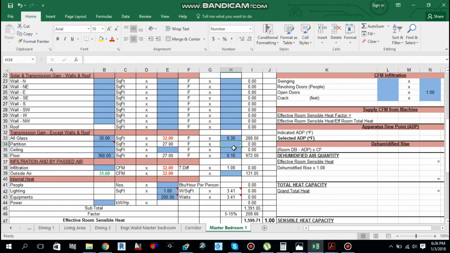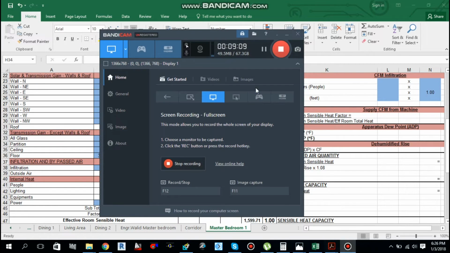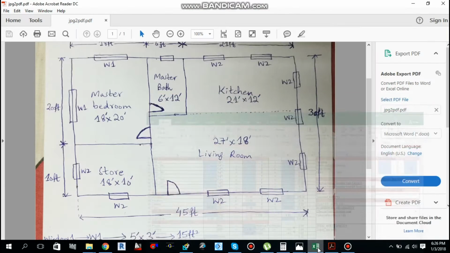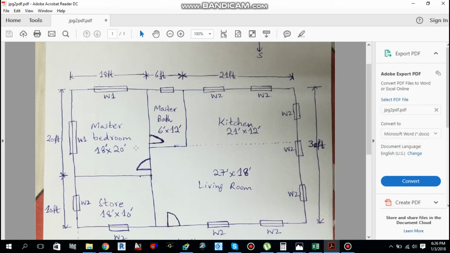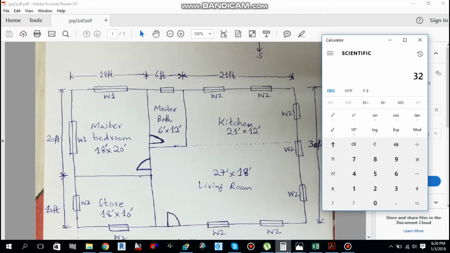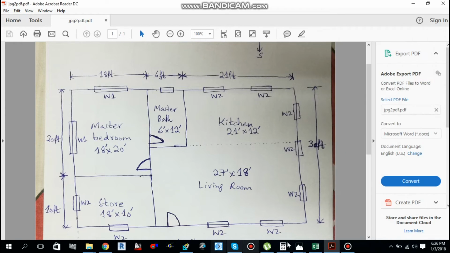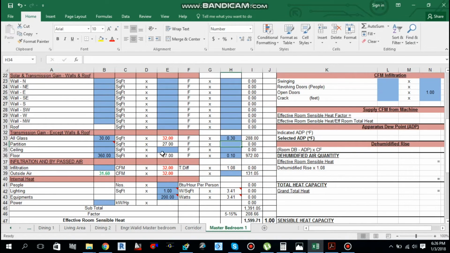And for the partition, if we go back to our partition, okay, so moving back to the partition area, this is our partition wall, and the length of this wall is 12 feet. So 12 feet multiplied by ceiling height 12.5, we got 150 square feet as the partition wall area, so we can use 150 square feet over here.